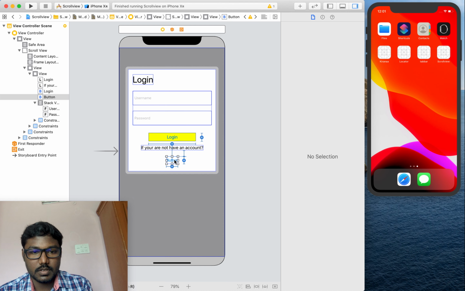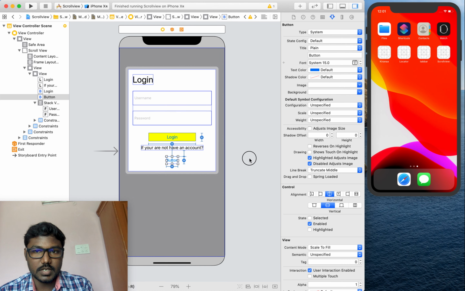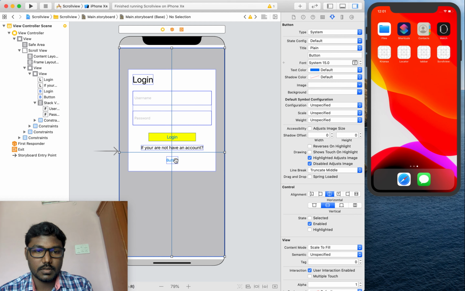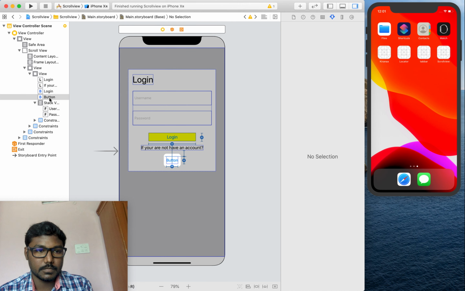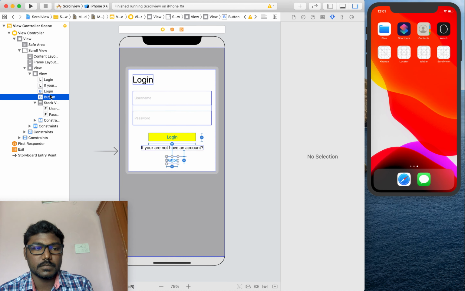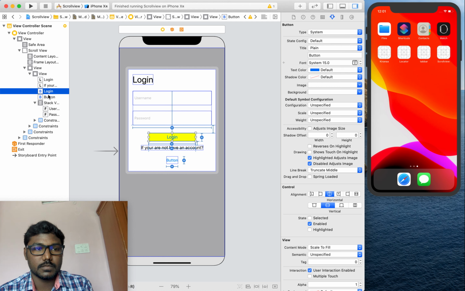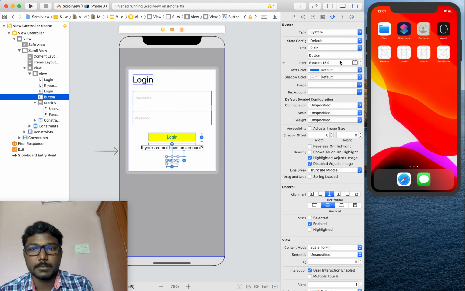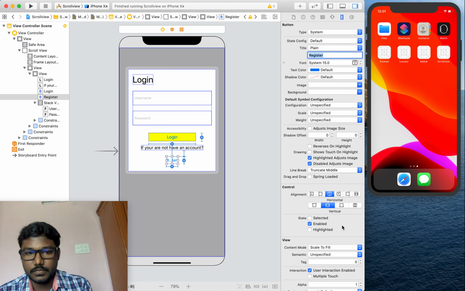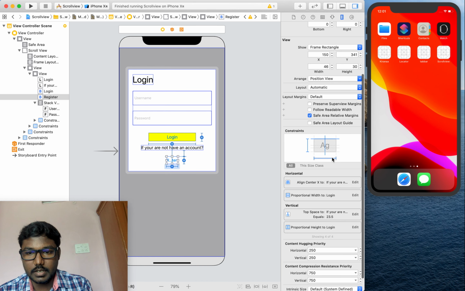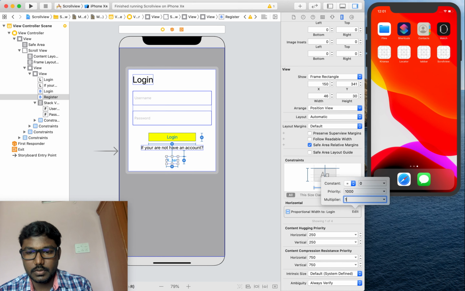Like we have to set something like register, and we can set our width and height constraints like 1, and height also as 1.